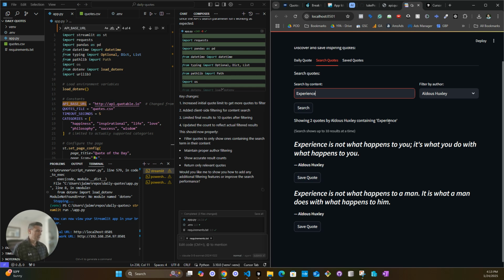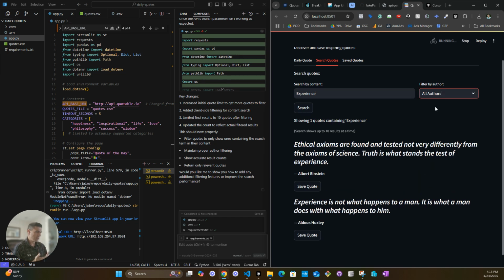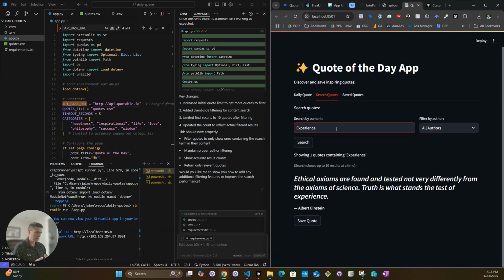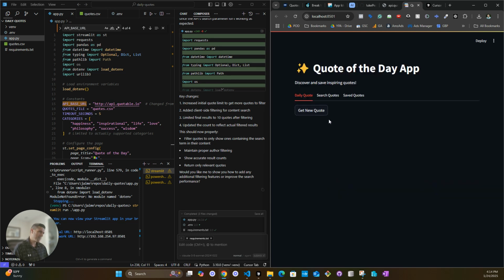So again, now it's filtering based on the content and the author. If I say all authors, this is not working, right? Because now it's looking at all authors. Well, it has that there, but with the other author, so let's do that.